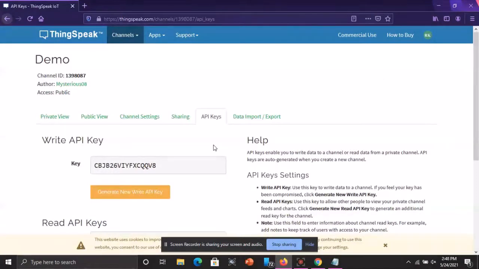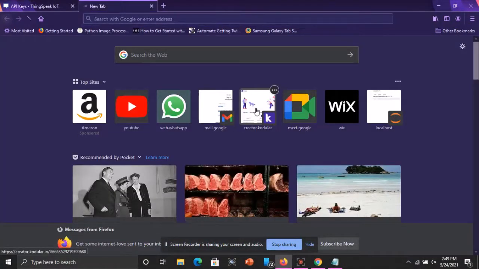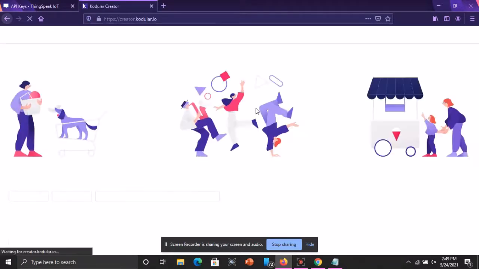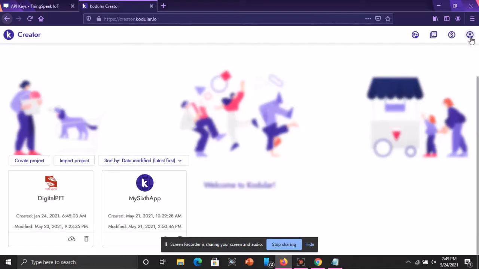Now, for creating the mobile application, we have to move towards Cordular. Here we have to create a project. Firstly, you have to sign in from here, create an account, and then move towards create project.